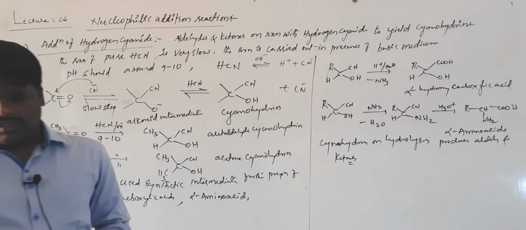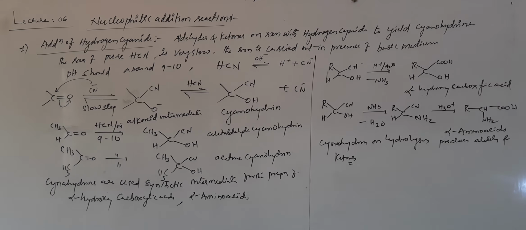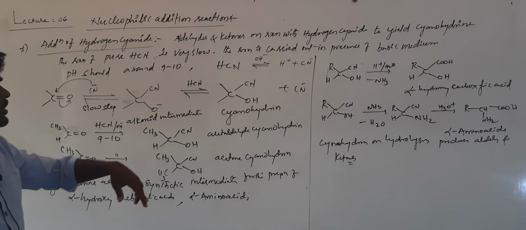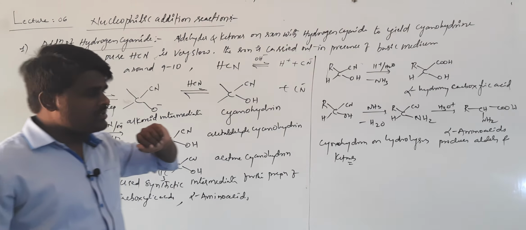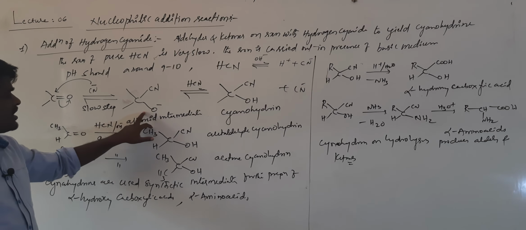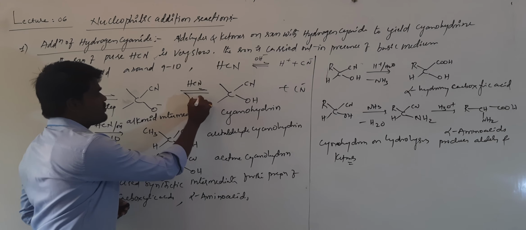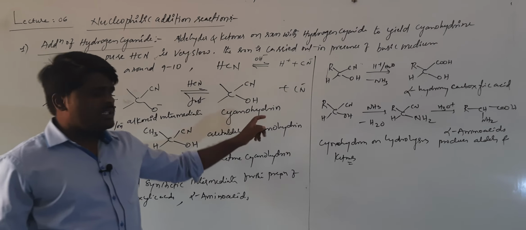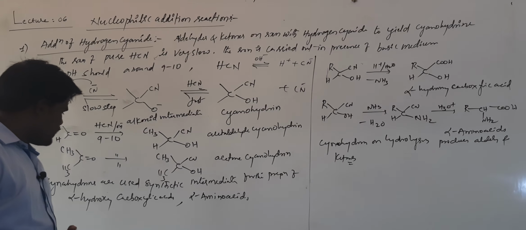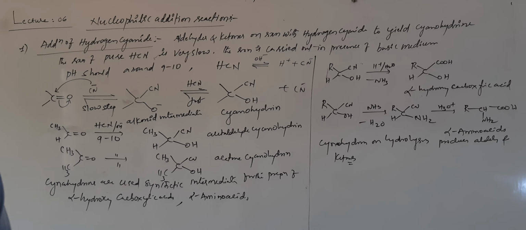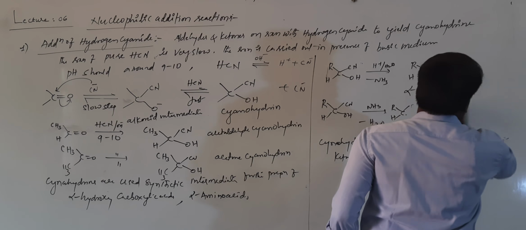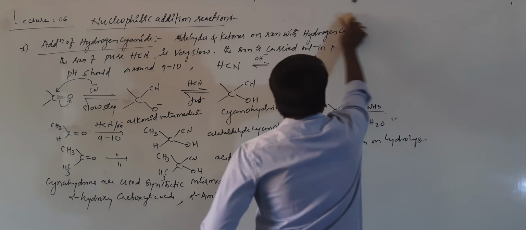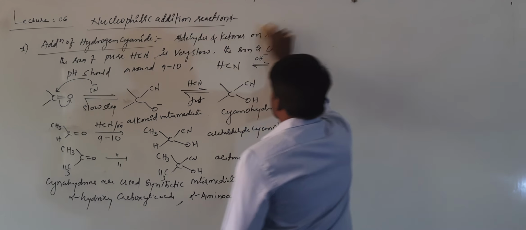This is about the first nucleophilic addition reaction, that of aldehydes and ketones with hydrogen cyanide. The reaction of pure HCN will be slow, because of that reason we use a basic medium. By that, the rate of dissociation of cyanide ion increases and it results in the formation of an alkoxide intermediate. This is the first step. In the second step, abstraction of a proton converts it into cyanohydrin. These cyanohydrins are used as synthetic intermediates, by which we can prepare other compounds such as alpha hydroxy carboxylic acids as well as alpha amino acids.